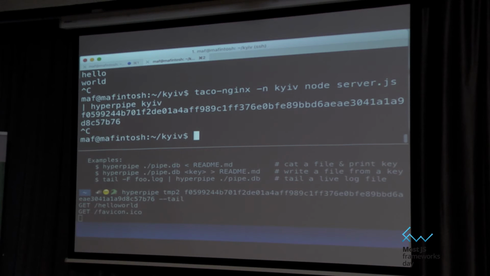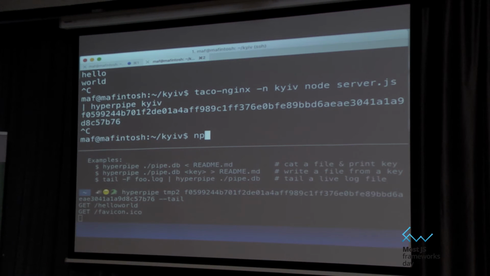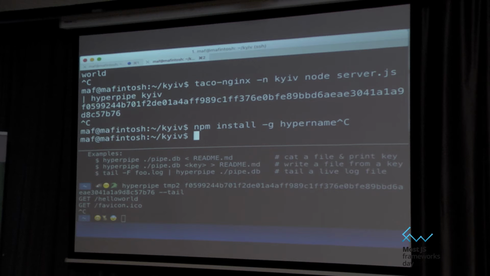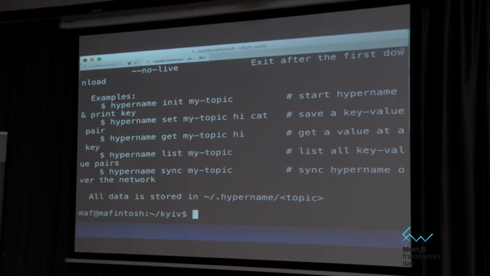Anyways, oh yeah, and I have a cool demo of that. So you can install that on npm using the classic install command. And this one is really cool because I think even Joshua wrote a cool help for this. Let's see. Wow, yeah. So it only has these couple commands, but it's basically just a key value store that's distributed where you can insert values and point them to keys.